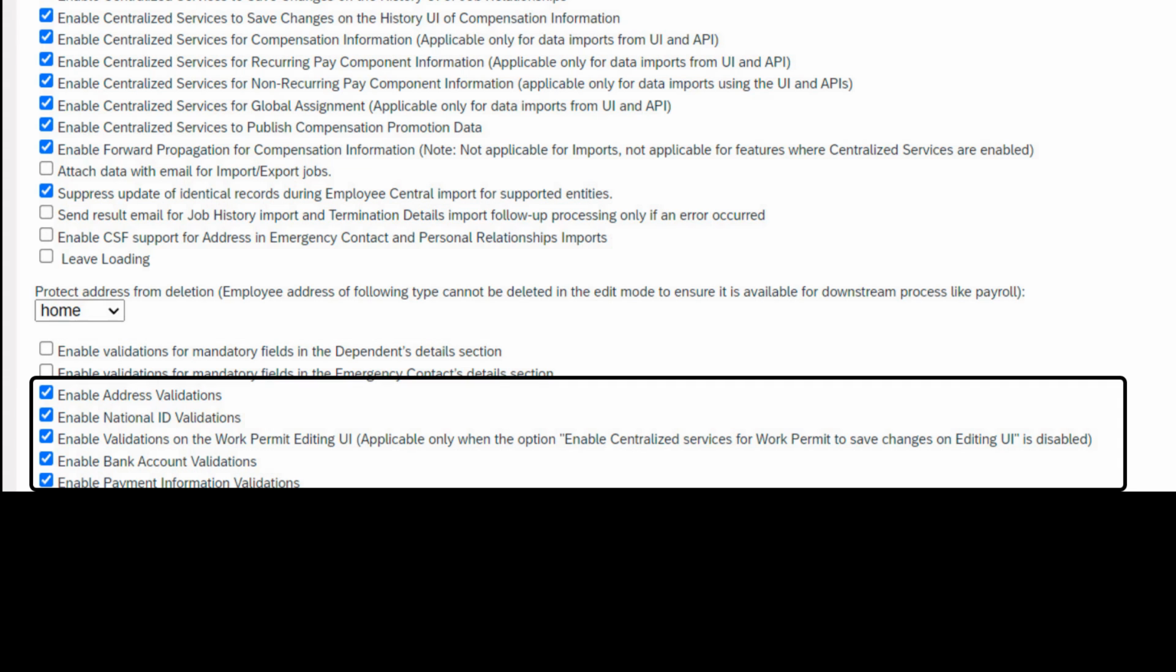Okay, I wanted to address this last chunk of configuration elements from this section of the transaction together. So these are all whether or not we want to enable some specific validations. So there's address validation, national ID, bank, work permit, and payment information. So for each of these, there can be some country-specific validations, particularly, for example, on national ID, maybe you've got some validations related to the type of social security number or national ID number that you have. And this is whether or not you want to make sure that everything that is put in follows those different validations. And obviously, the right answer for this is to go ahead and